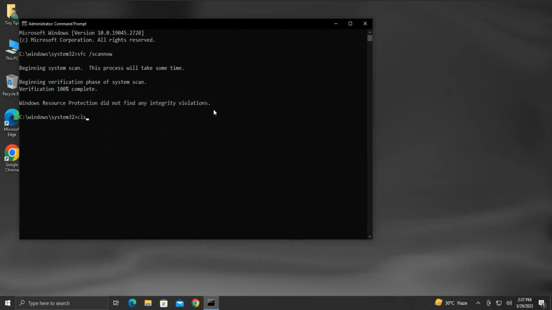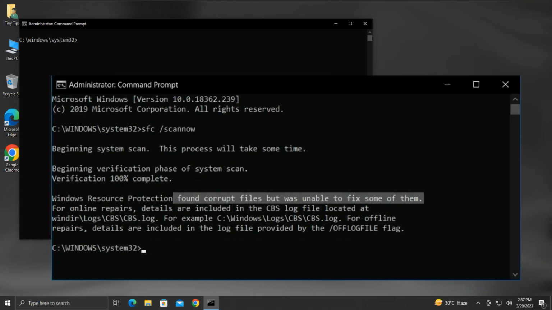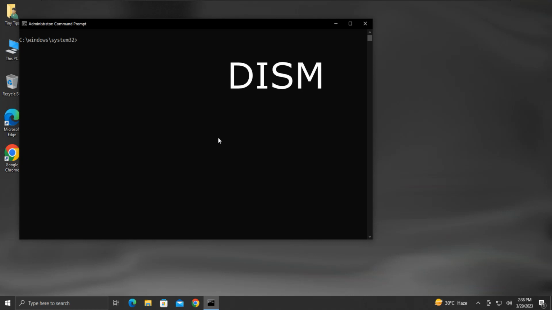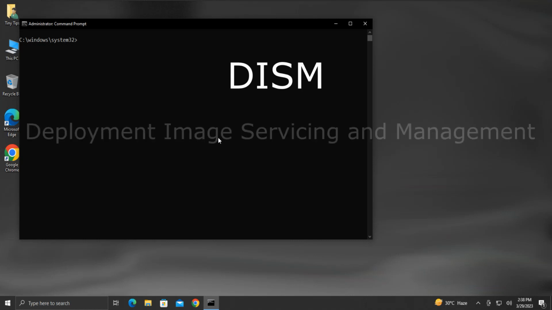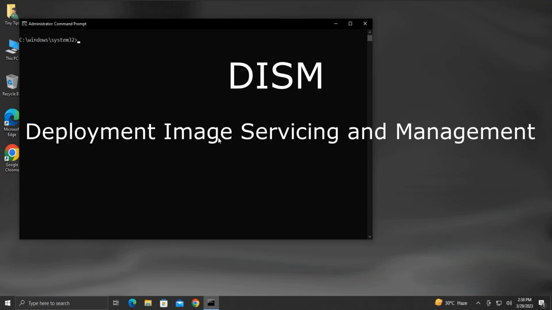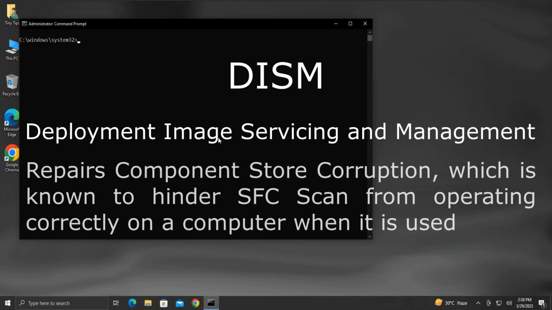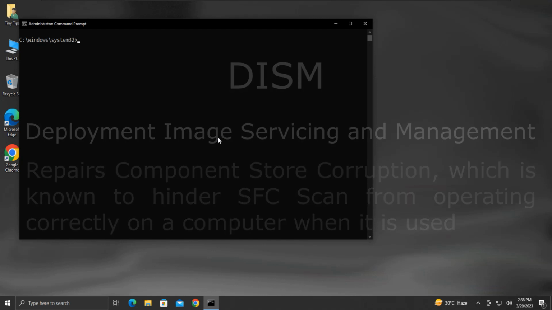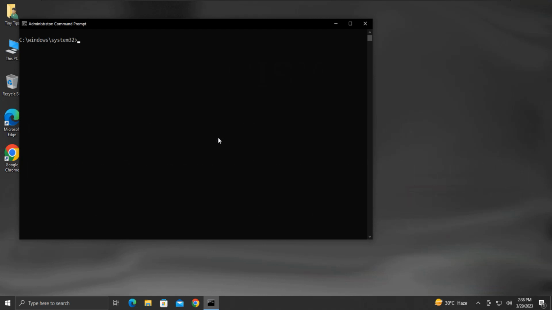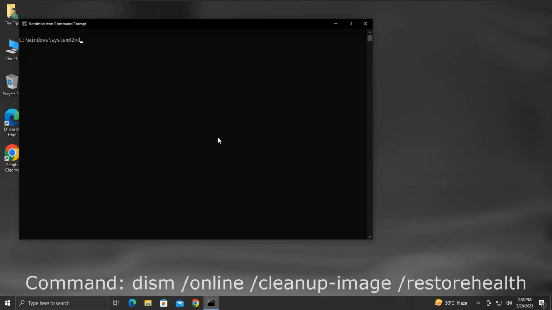But there is a possibility that we may get output stating, it has found corrupt files, but some of them it was unable to fix. It is quite a disappointing thing. To overcome this, we can try the DISM command. DISM is Deployment Image Servicing and Management, which is Windows command line utility. It can repair component store corruption, which is known to hinder SFC scan from operating correctly on a computer when it is used. To use DISM, on this elevated command prompt, type DISM